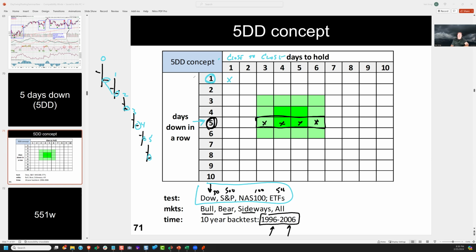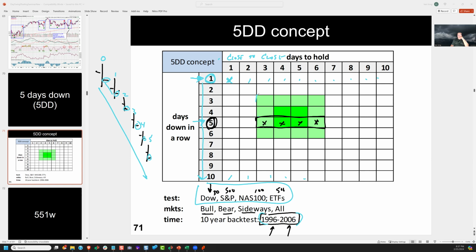And then what if you, for every symbol in that 10-year, 11-year period, if it was down one day, what was the value of holding it 1 day, 2 days, 3 days, 4, 5, 6, 7, 8, 9, 10, all the way down to 10 days? We found every case where we had 10 lower closes. And what if you bought them the next day at the open and sold it at the close for 1 day, and then 2 days, 3 days, 4, all the way out to 10? And when you do all of that math,